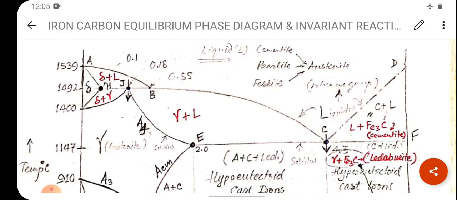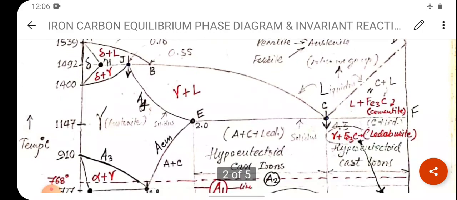These are the different structures or forms of iron, which are known as delta ferrite and gamma, that is austenite. I'll explain each and every point in the next video lecture series, so wait for that. So this is the gamma austenite in the range of 1400 degrees Celsius to 900 degrees Celsius. So this is known as gamma austenite.